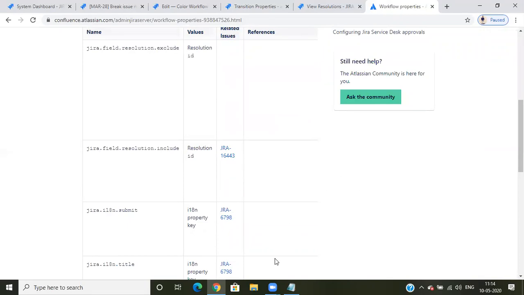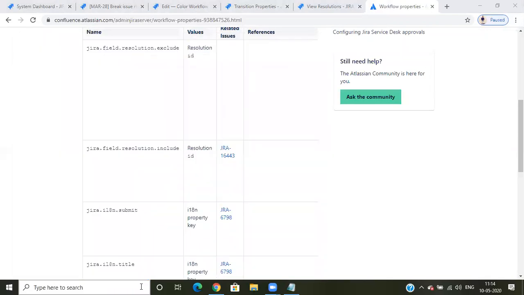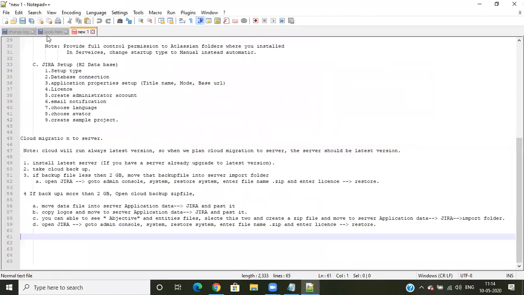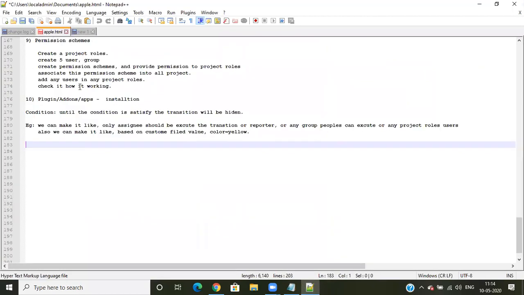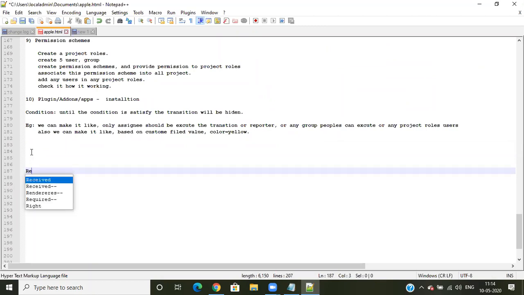Suppose you have 40 resolutions. Out of the 40 resolutions, you don't want only 5.